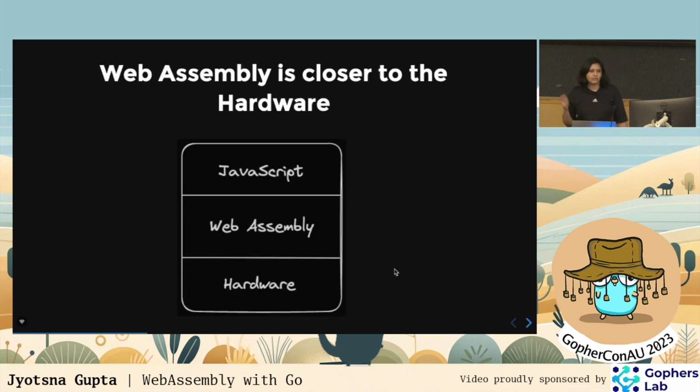And next is, like, this is a basic structure. We'll understand the position of WebAssembly with respect to JavaScript and hardware. If you see, on top of the stack is JavaScript, since it is a high level language. Any human can read it, so it is not near to the hardware. But WebAssembly acts as a bridge between the high level language and the hardware. WebAssembly will not run directly on the hardware, but rather it is near native to the hardware. So this is where its position lies, and which is why